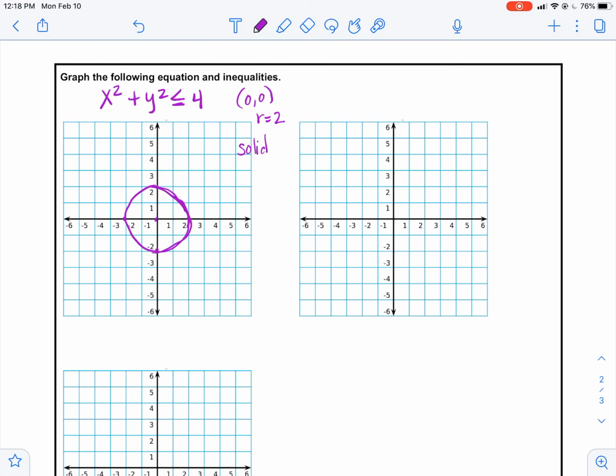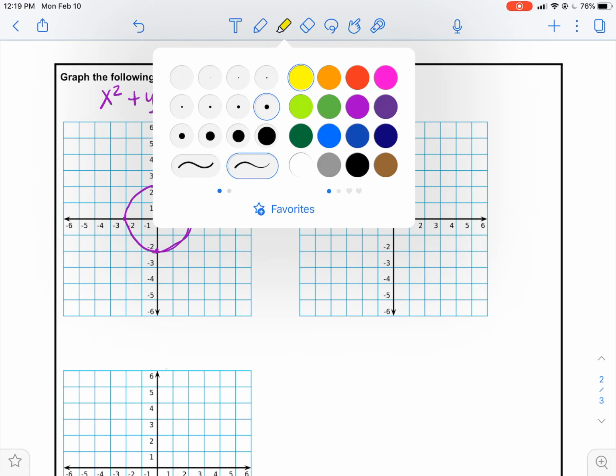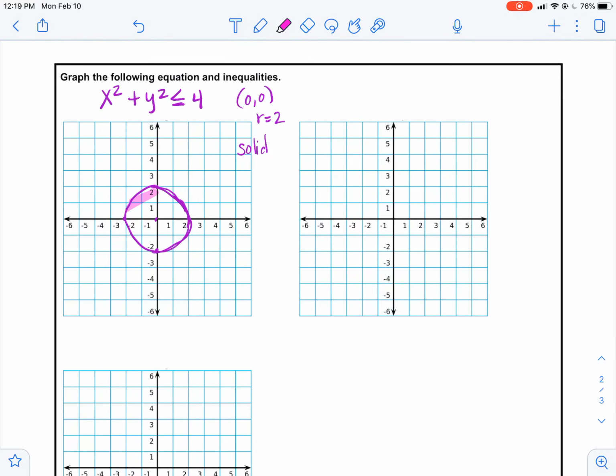And if you put in 0, 0 here, you're going to get 0 squared plus 0 squared is less than 4, and that is a true statement. And so my shading will be inside of my circle. Okay, now circles are pretty easy because if it is a less than, it will always shade inside, and a greater than will shade outside. Okay, let's do